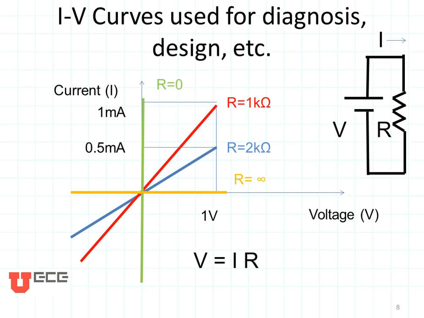What does that mean? Having a resistor of 0 is a short circuit. That's where my current runs away with me. I have a huge current, and my voltage would be 0. An open circuit has a very high resistance of infinity, and in that case you have no current, but you have a very large voltage.